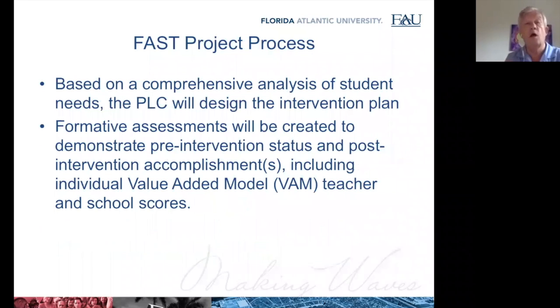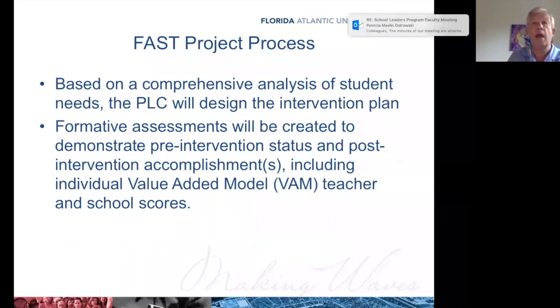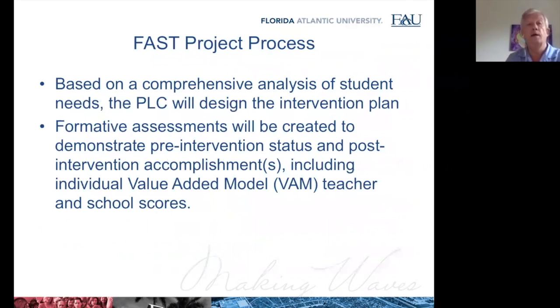The process, of course, of the project itself is to conduct this comprehensive analysis of the student needs, much of which may have been conducted over the summer and early fall in terms of your own data analysis in the school based on the results of the FSA and other data analysis within the classroom, within the school, in order for you to be able to design that intervention plan. So there should be nothing coming out of the blue that's unusual or unexpected or a surprise. It should be part of the school business to actually develop this plan, which is based on actual